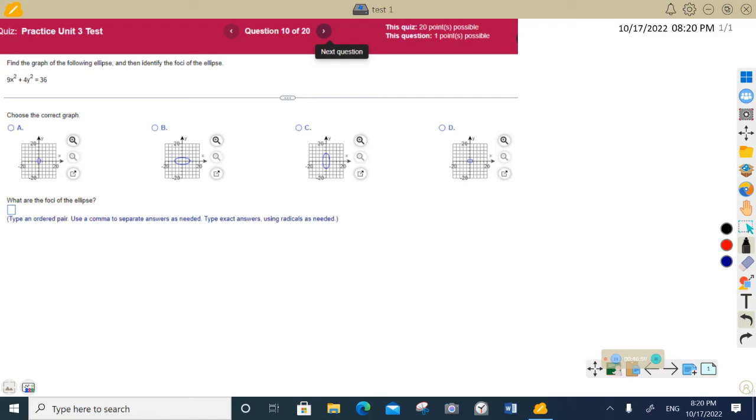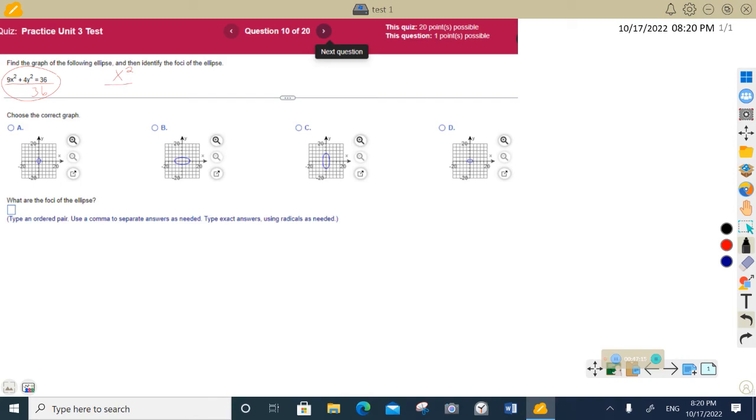Okay, number 10, it says find the graph of the following ellipse and then identify the foci of the ellipse. First of all, I notice it is not in standard form. For an ellipse, it's supposed to be an x squared plus a y squared equals 1. So how do I make this equation equal 1? I got to divide everything by 36, okay? When I do that,